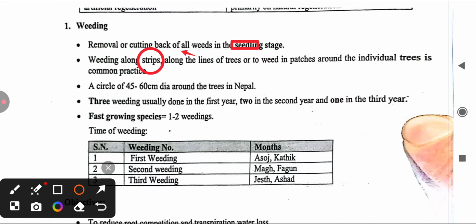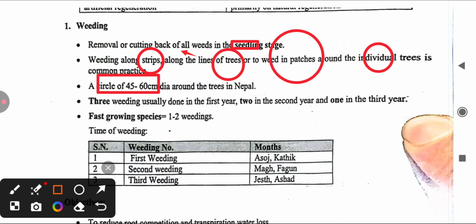Weeding in a pit around the individual tree is common practice, okay? A circle of 45 to 60 centimeter diameter around the tree. Three weedings are usually done in the first year, two weedings in the second year, and one weeding in the third year. For fast growing species, one to two weedings are necessary. Time of weeding: first weeding